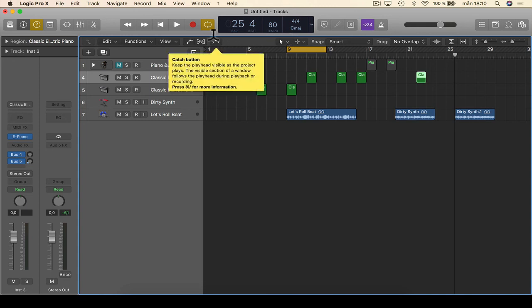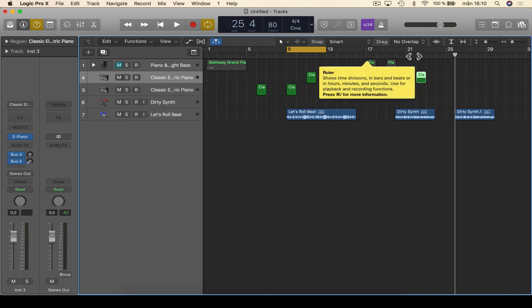Then you have the catch button, which says keep the playhead visible as the project plays. The visible section of a window follows the playhead during playback or recording. So if I have this one, it's